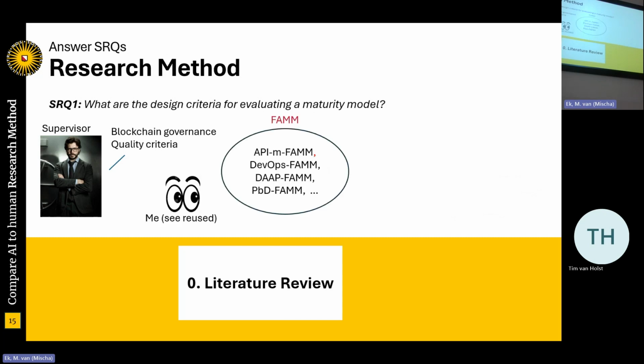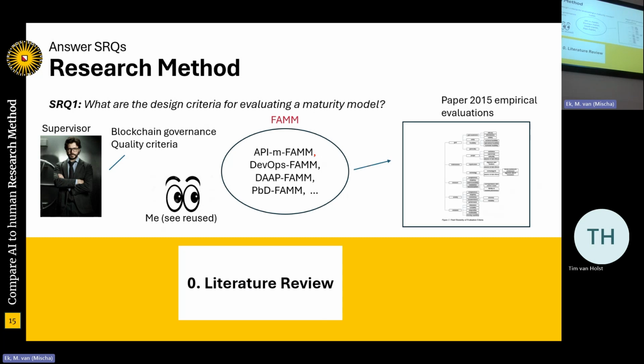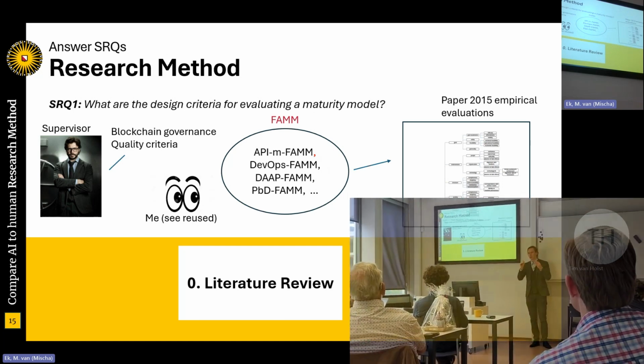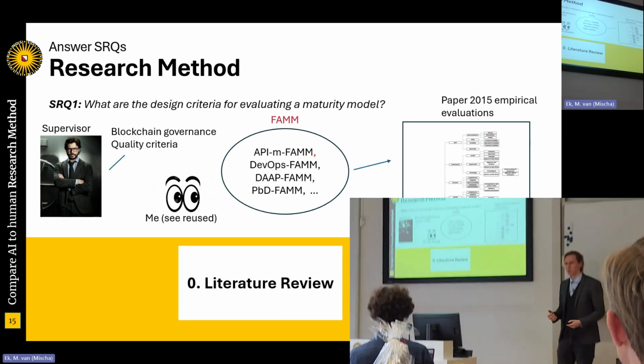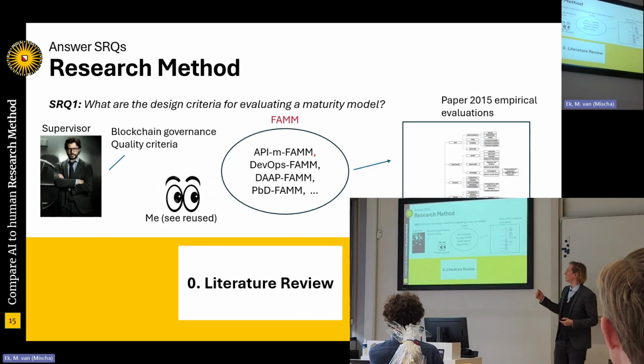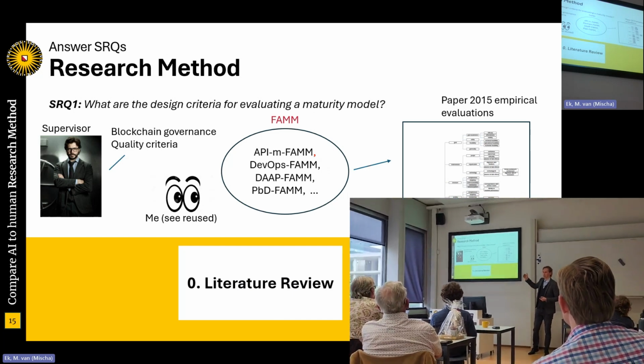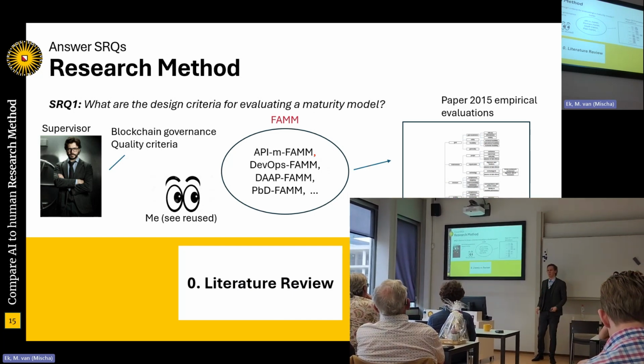And when I dug a little bit deeper, I saw that these quality criteria kept getting used in other focus area maturity models for an evaluation with a Likert scale. And I thought, is this actually good? I think this is good, because behind it, it's from a paper in 2015 that looked at how I can evaluate on empirical measures. This really brought me to a reason these are the design criteria I could use to at least compare maturity models.